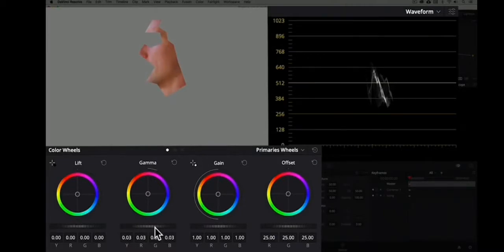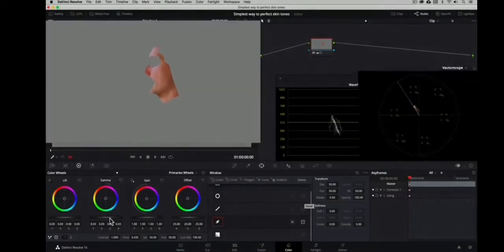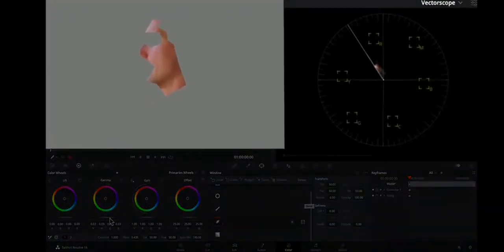Now for the hue, let's take a look at the vector scope. You can see his skin is a little on the red side compared to the flesh line. Now you might be thinking, we need to set a complex key qualifier and isolate the skin. But instead, I'm going to show you an even easier and faster way to fix the hue of the skin